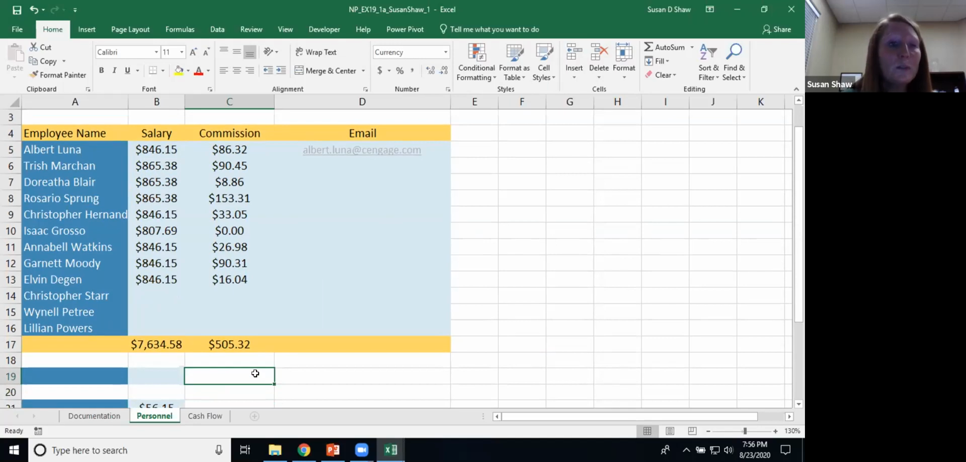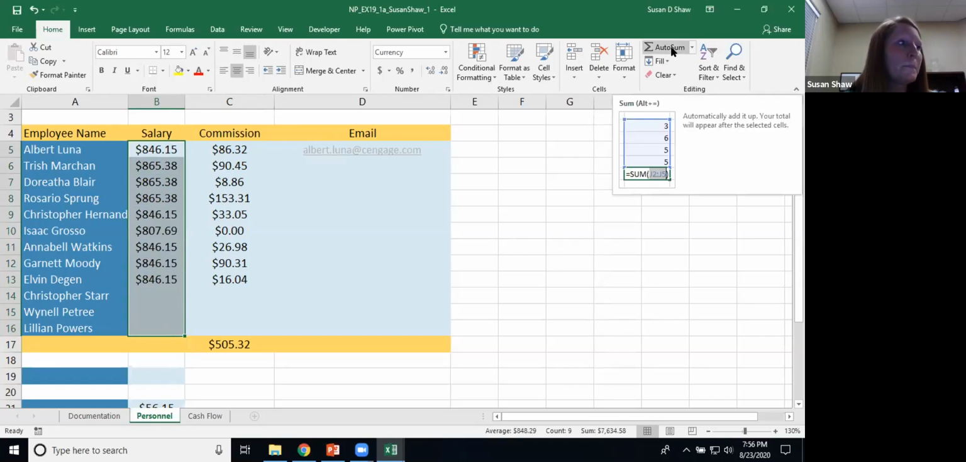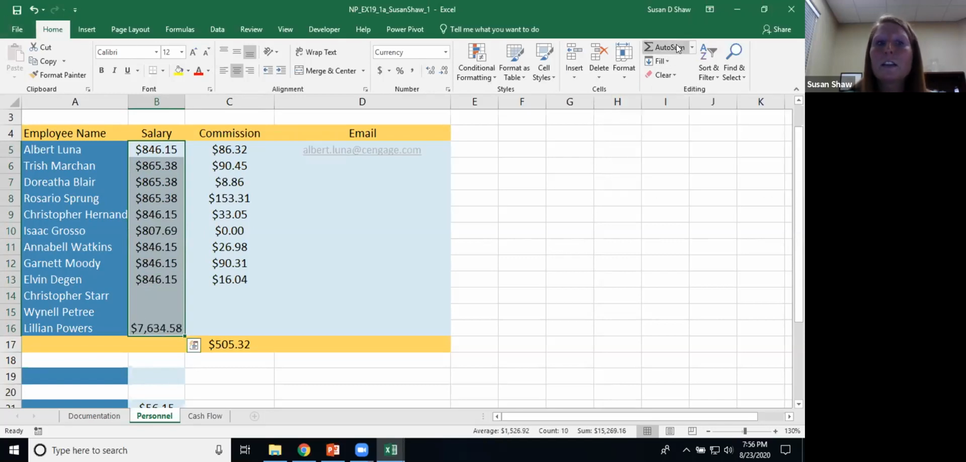If you want to use AutoSum for something, you select the cell or cells that you want to use AutoSum for. You'll select those, and then from the Home tab in the editing group, you'll just select AutoSum. So you want to make sure that you go all the way down here and click AutoSum, so it would AutoSum it down here at the bottom. Okay, so